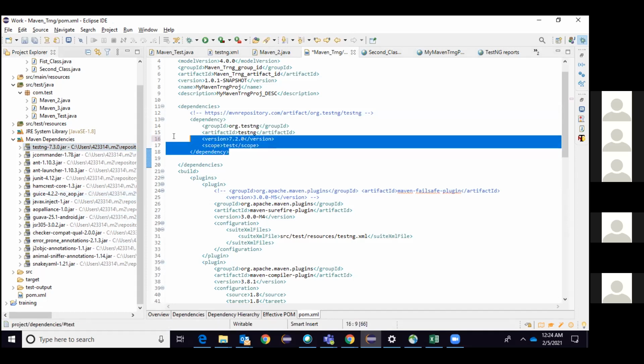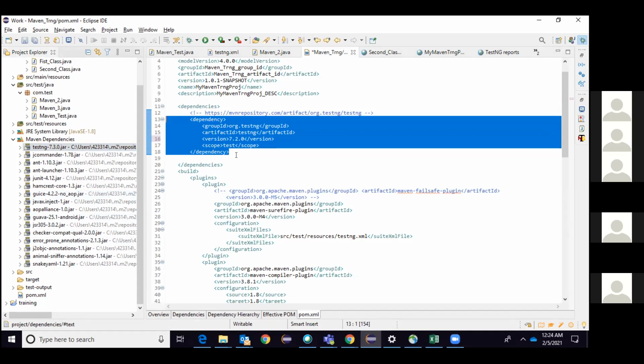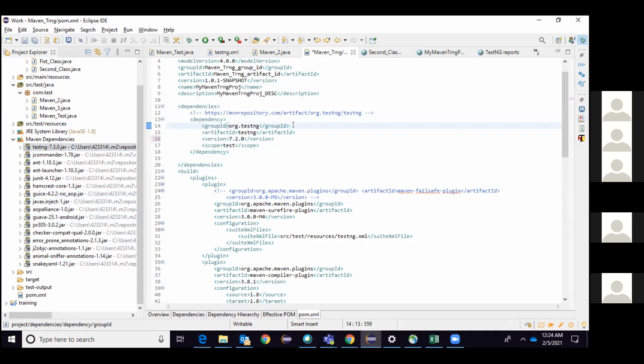One more question here. The group ID we mentioned, we can say that is the jar name only, right? I know that it's the organization. So you mentioned testing, so that belongs to that jar. No, see, test-ng is one of the libraries you want. This test-ng library is provided with this group ID. This is the group ID. This is the organization you can take. This is the package name you can take. You want the test-ng and it comes with this group ID. This is the package in which this test-ng is wrapped.